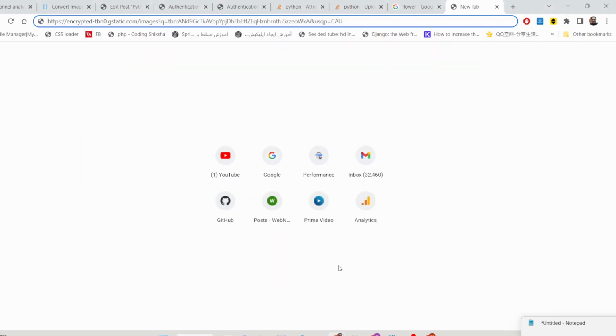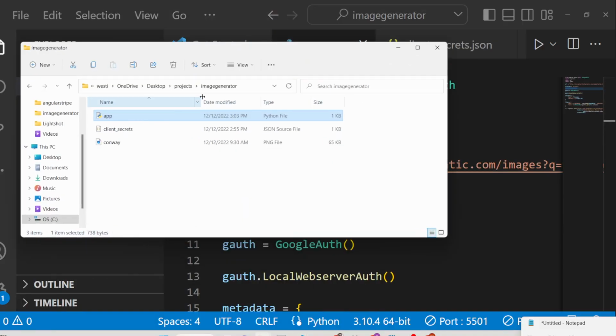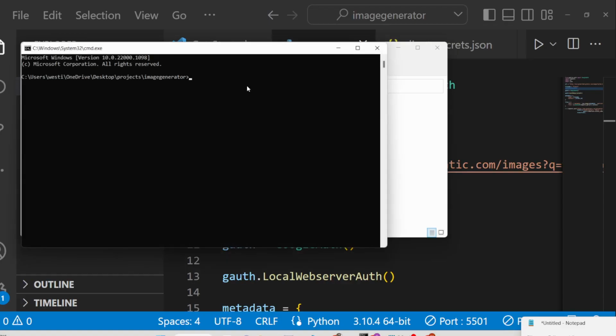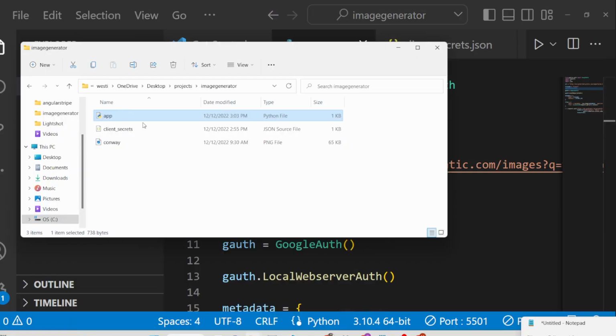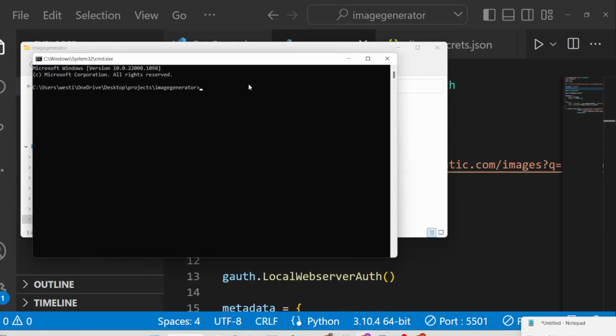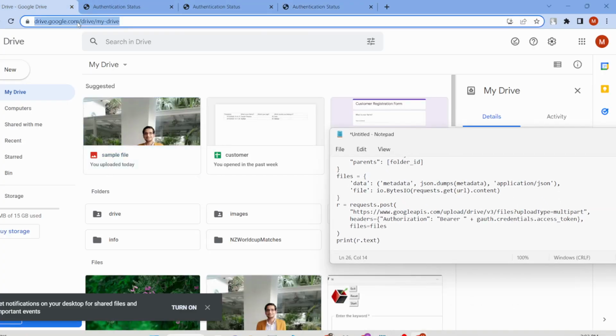Let me close this and start again. python app.py. So authorization flow is completed, and basically you will see that if I refresh the drive here,